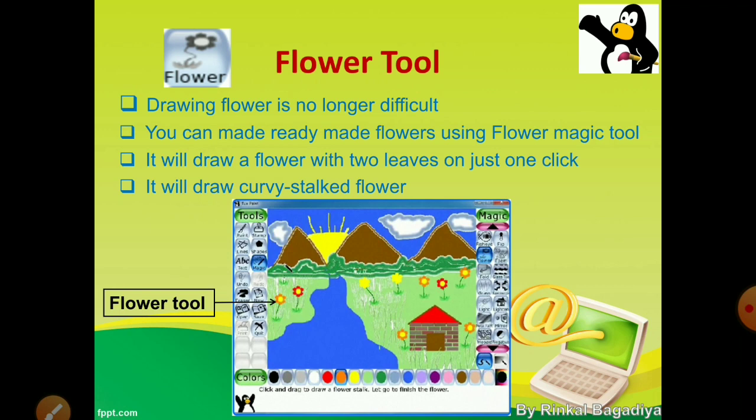We can draw flowers of different colors also, and as we change color from the color palette, in the same way we can draw colorful flowers. Wherever you want to draw a flower, you just have to click once on that part of the drawing. Your flower will be made.